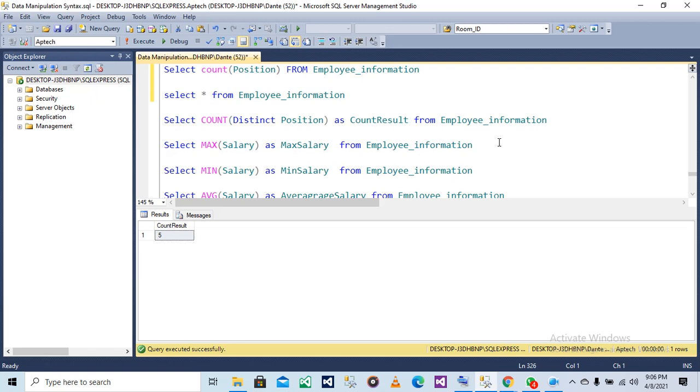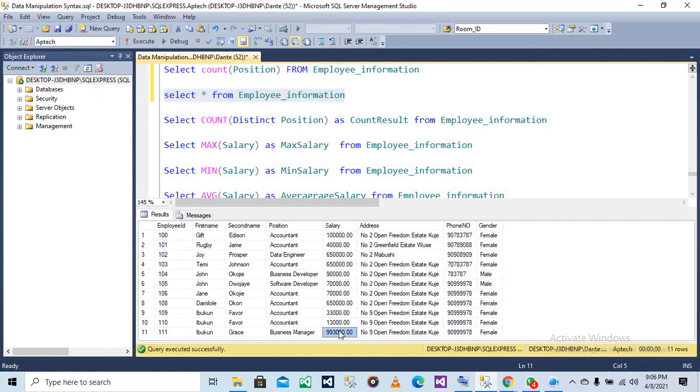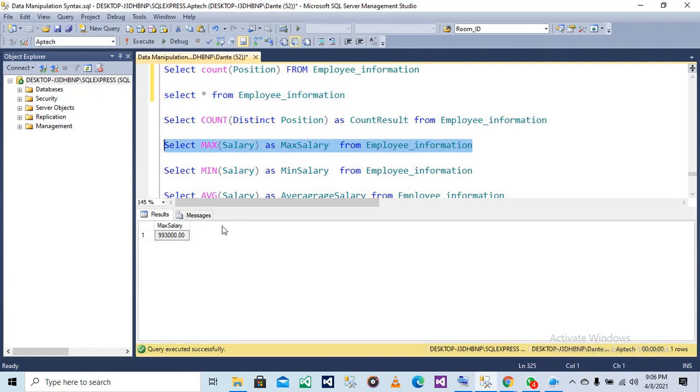Profits, everything, you want to just select the highest profit on the table. You just select max salary. So this is the maximum salary we have on the table. This business manager is the maximum salary. So you can see select max. So you just know that okay, in this table this is the maximum salary you have.